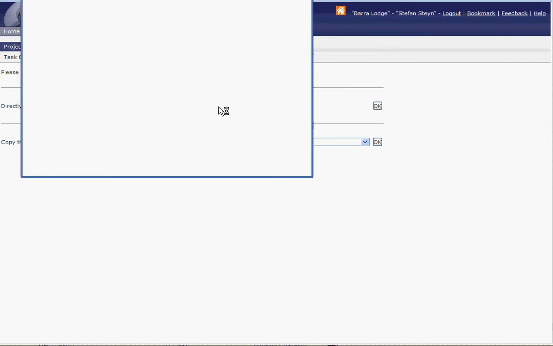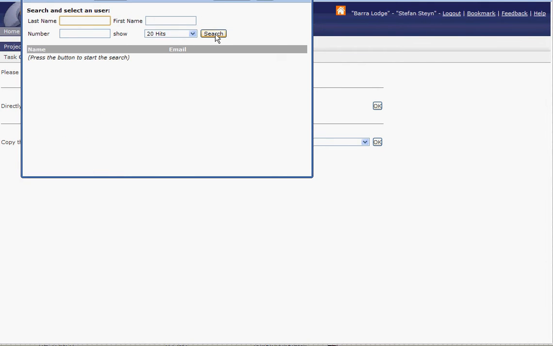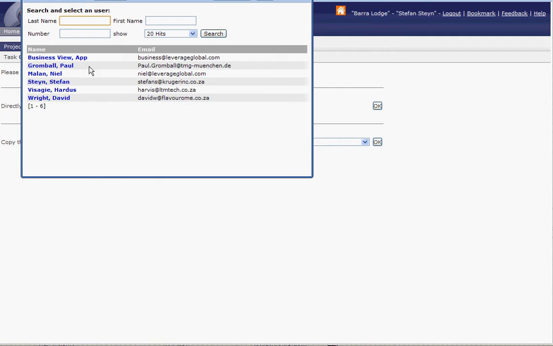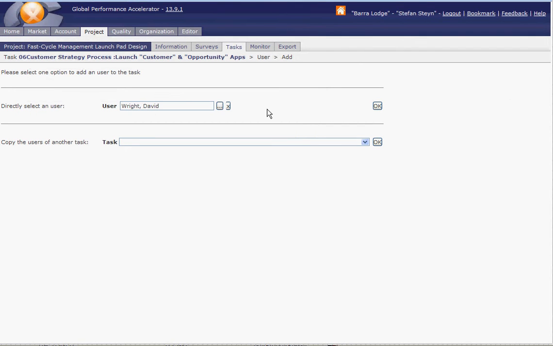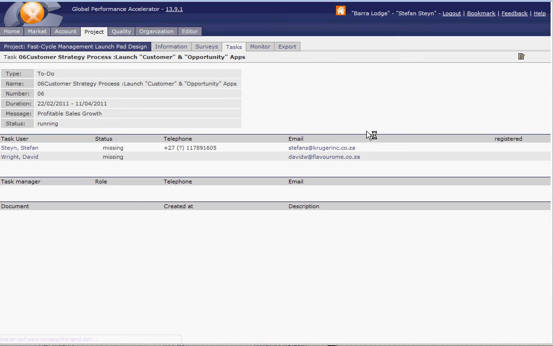Then you go to user, search, then you can select one, and if you have selected one, this task is automatically shown at the dashboard of the user. This is actually how the different tasks on the dashboards are created. I think this is a very straightforward and simple project tool.